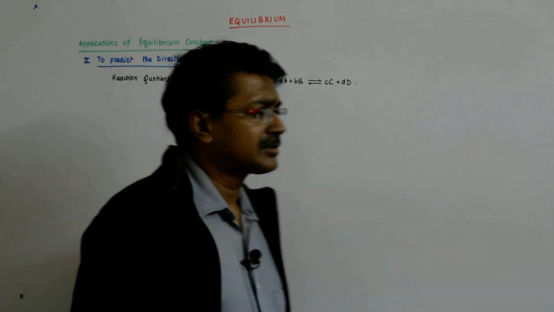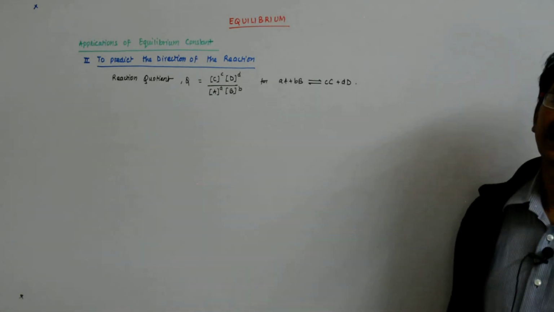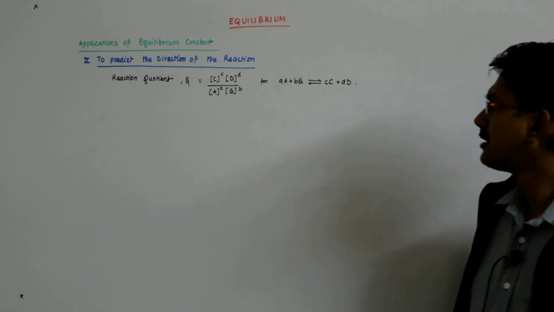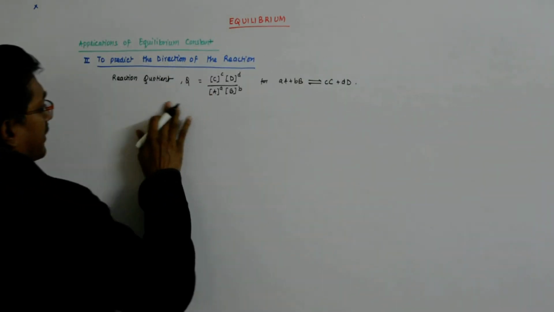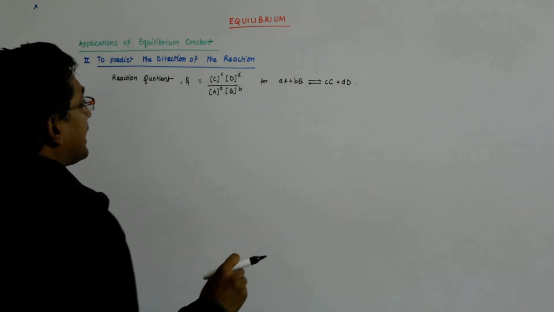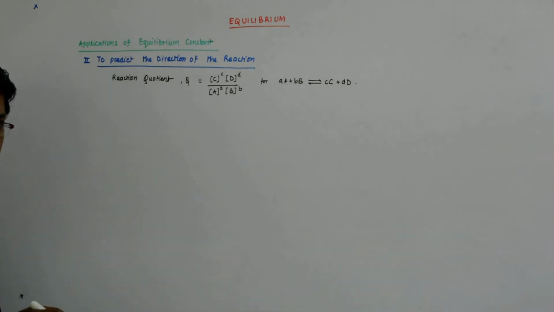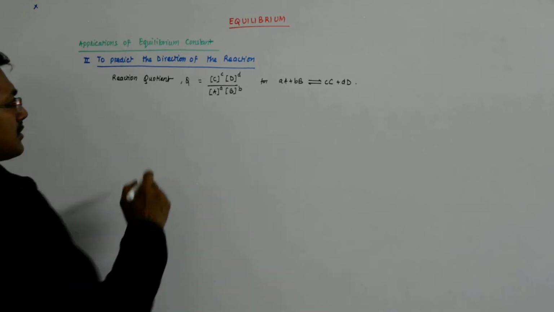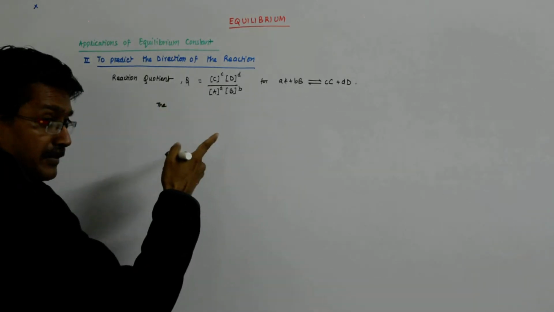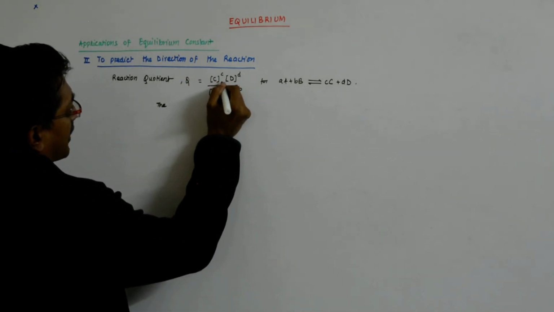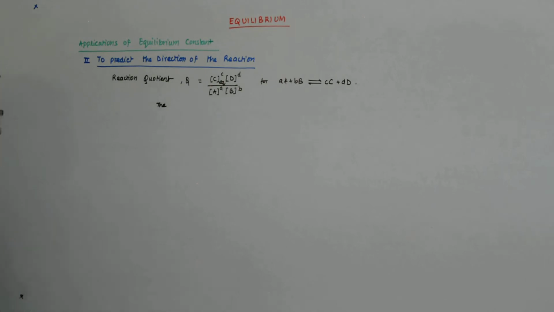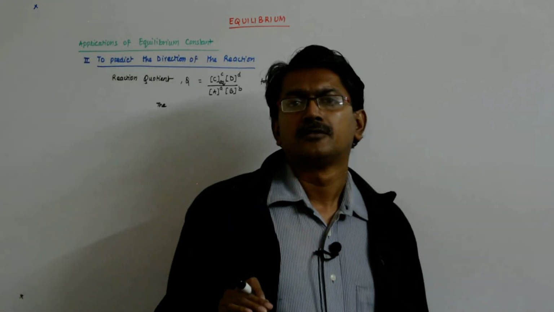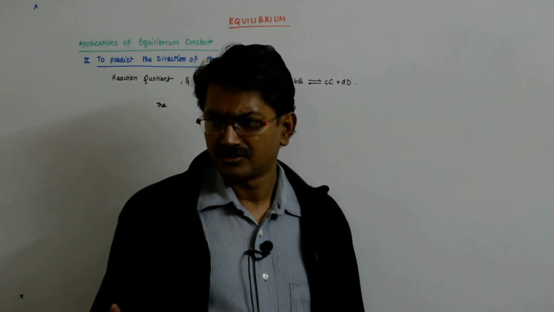Now this looks like Kc, but it is not. Why? Because the concentrations that I am using here are anything except the equilibrium concentrations. They look the same. So I feel for the equilibrium constant we should have been writing this, that they are equilibrium concentrations, but somehow the books do not follow that convention. We should, to distinguish it from the transient concentrations, the varying concentrations.